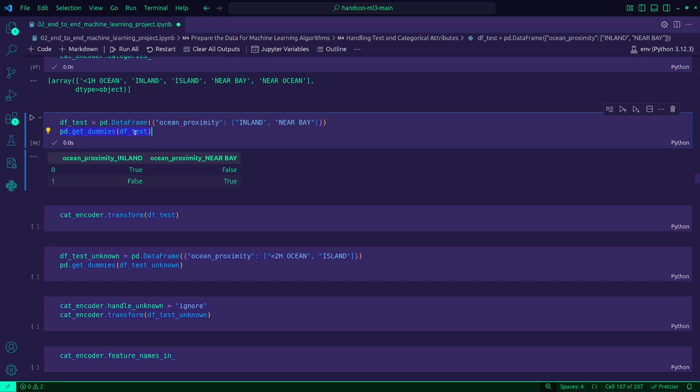Basically, we are one-hot encoding with pandas using the get dummies method. It has its own built-in one-hot encoding. So the results in this case would be ocean proximity inland true for the first instance, and for the second one false, the inverse. Basically, just checking this.